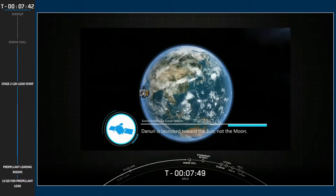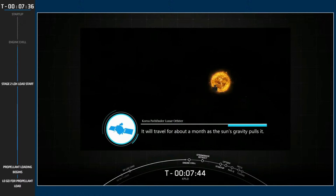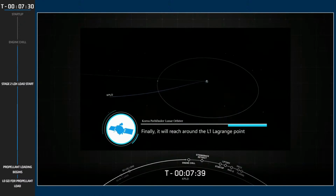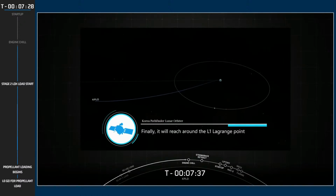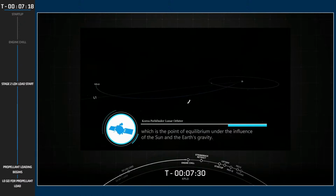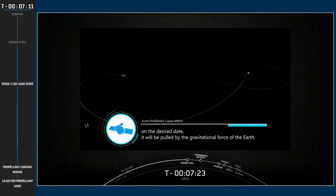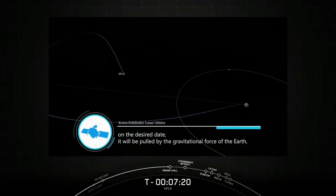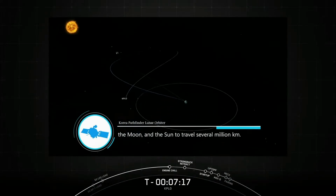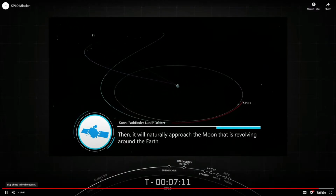Danuri is launched toward the Sun, not the Moon. It will travel for about a month as the Sun's gravity pulls it. Finally, it will reach around the L1 Lagrange point, which is the point of equilibrium under the influence of the Sun and the Earth's gravity. After that, when the TCM burn is started to make sure it can reach the Moon on the desired date, it will be pulled by the gravitational force of the Earth, the Moon, and the Sun to travel several million kilometers. Then, it will naturally...